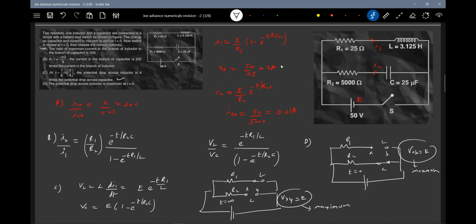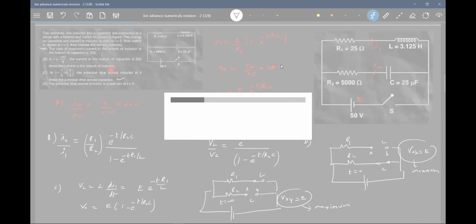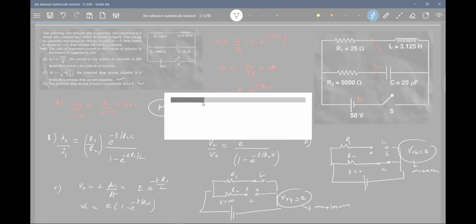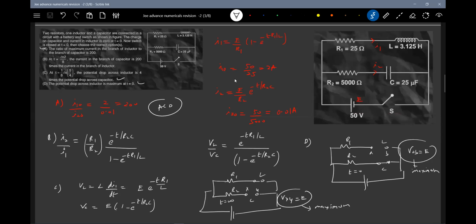The simple idea, I think anybody knows this one, you can manage very easily. Just basic formulas, what you know, you should apply in proper order. Okay, options, I think Manideep has given A, C, D. I'll go for it. Even calculation based, they are asking, so I think we should be very careful. You check the RC/RL circuit in the advanced paper. There are almost 7 questions where lengthy calculations of this kind are there.